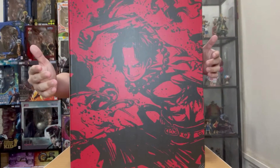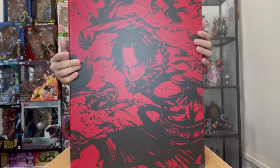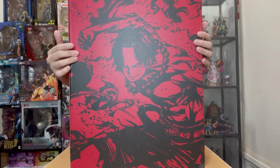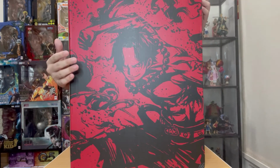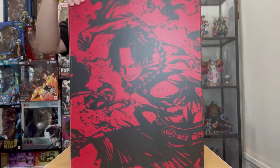Today we'll be unboxing a very iconic and set scene in One Piece, and I believe many of you should know when I mention the word Ace. Yep, this figure is from Cola Studio, and as you can see, the front cover is Ace printed in black and red. I believe this is after Luffy rescued him at Marineford, and if you look at the back,